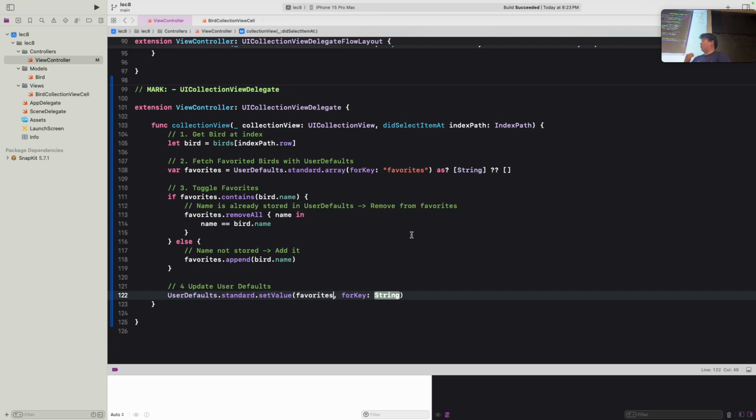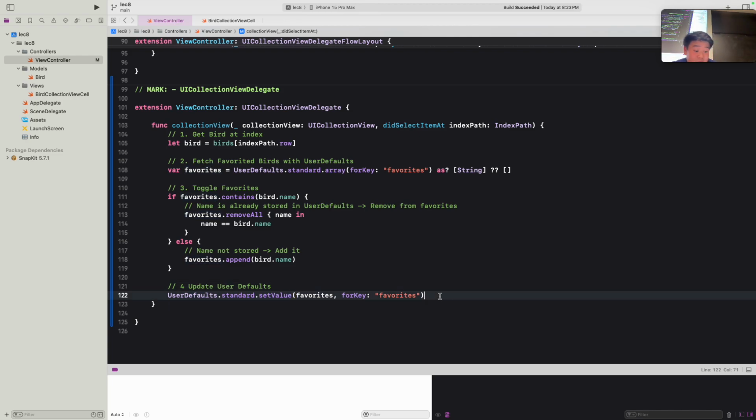And this is where our naming is important, because you can see that our favorites key here has to match this one. Otherwise, we're not saving and fetching from the same place in disk. So what we can do is directly copy this and paste it right there. What this is essentially doing is taking our new favorite list that we either edited or didn't edit and storing it back into our disk storage so that we can fetch it later on.